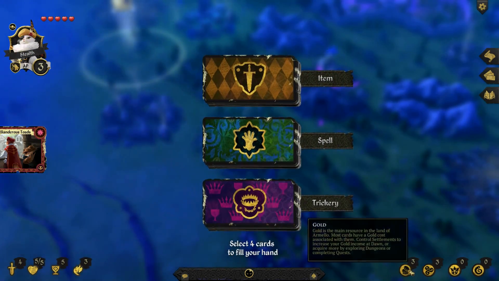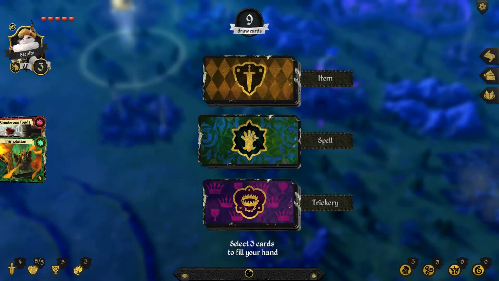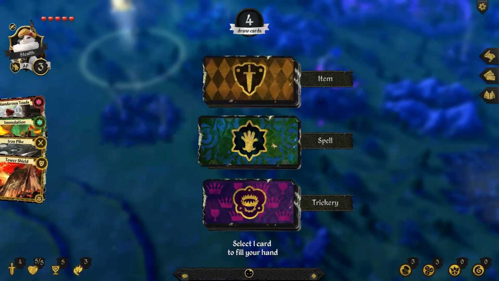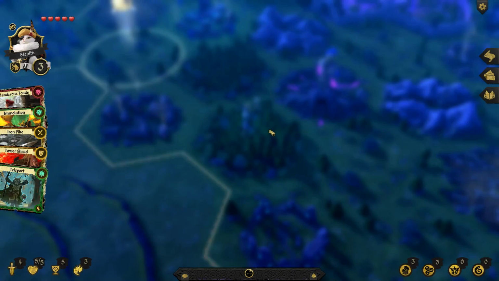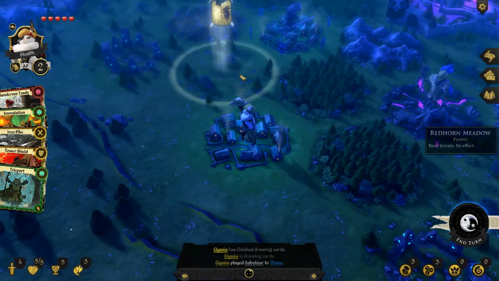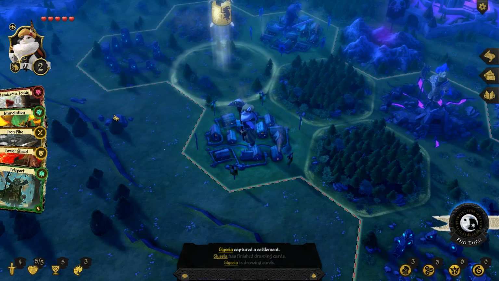Now, going down to 3 gold does make us lack the Sunstone benefit, but that's not so helpful. Ooh, Immolation's really good. Iron Pike's not bad. Tower Shield is really good. Oh, a teleport. Beautiful! Alright. So, let's grab this town. Let us...